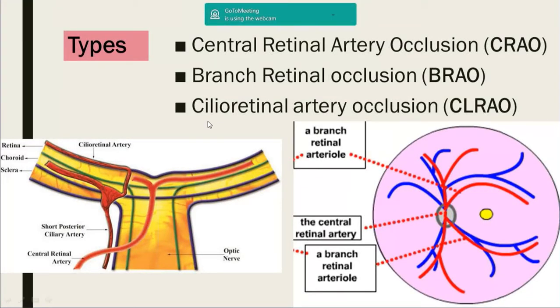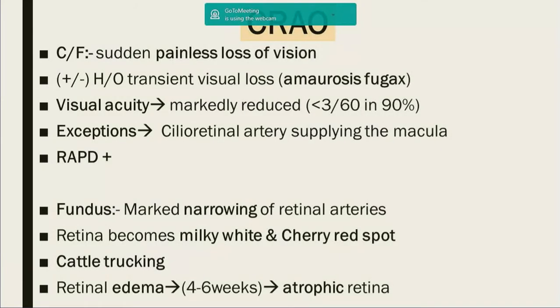So, now that we've entered the arterial occlusions, they can be central retinal artery occlusions, branch retinal artery occlusions, or a cilio-retinal artery occlusion. The anatomy of the cilio-retinal artery is important for you to understand its occlusion and its pathology. The cilio-retinal artery originates from the choroidal circulation or the posterior ciliary arteries, and it courses from the temporal side of the optic disc. At times it supplies the macula. Not necessarily that if the cilio-retinal artery is present, it definitely should supply the macula. It is not like that. It at times supplies. So you need to remember these points.